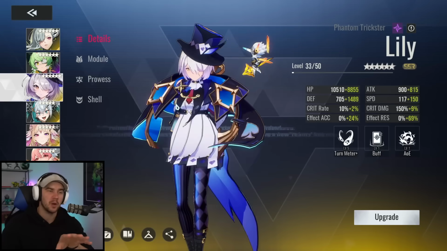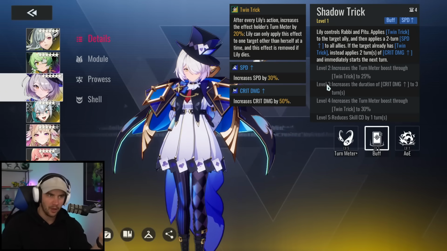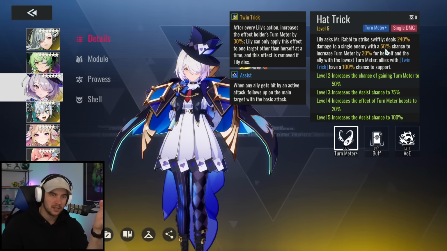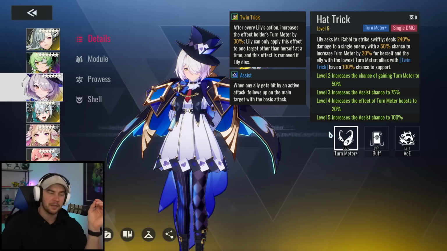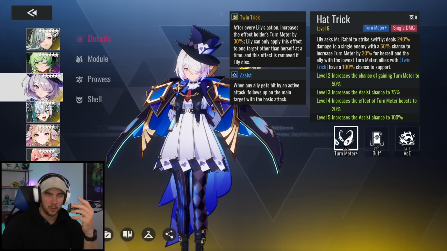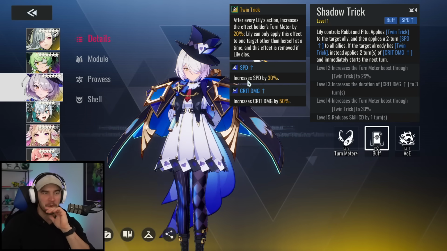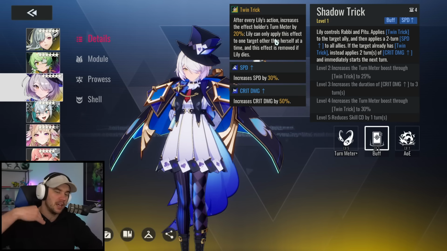Now, Lily combos well with a lot of characters. The reason for this is her skill 2 puts a buff on an ally, which is the twin trick. And every time she uses her basic attack, if you've got it max skilled, it's guaranteed that that ally will join up with Lily for a follow-up attack, or an assist attack, whatever you want to call it. So she's buffing them. On top of that, after Lily acts, she's going to boost their gauge,